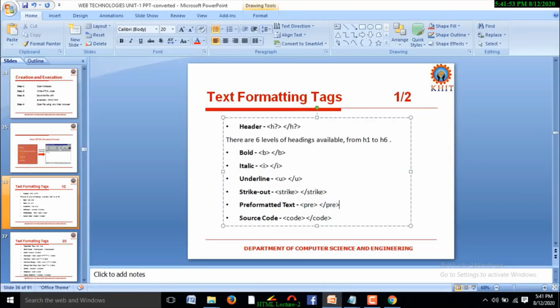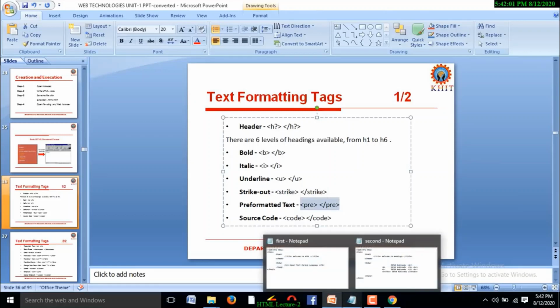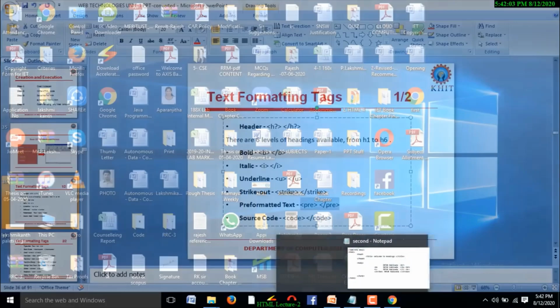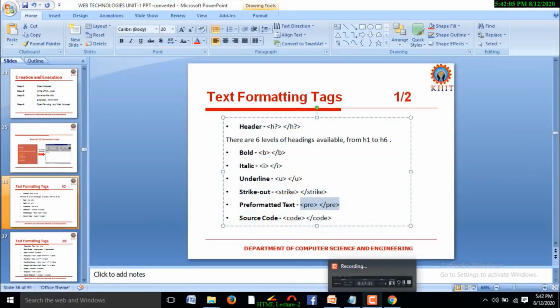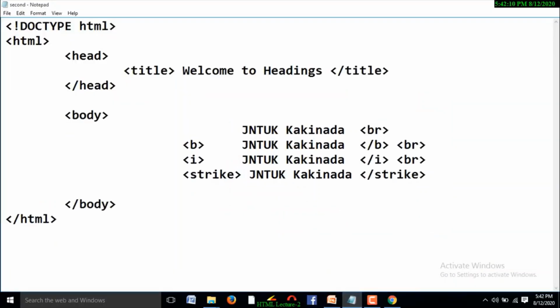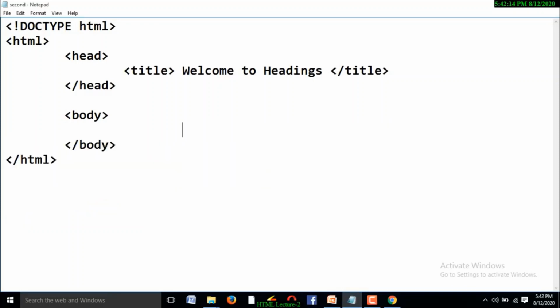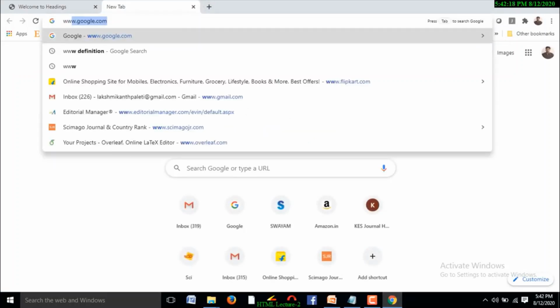I would like to show the difference between pre tag text and normal text. Just observe this example. Here I am going to copy one paragraph here.